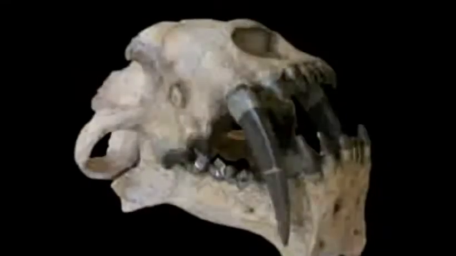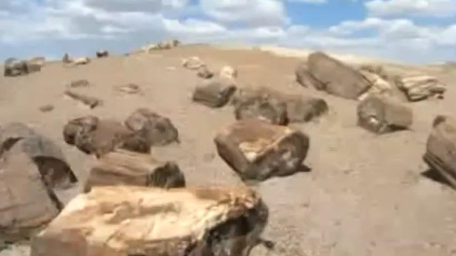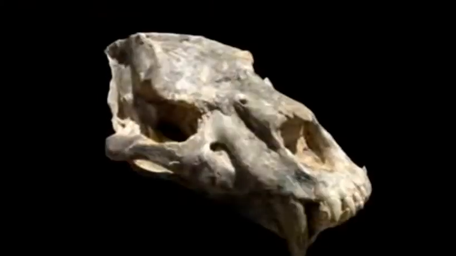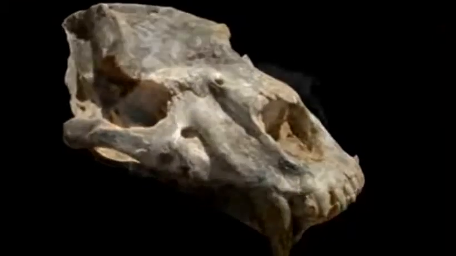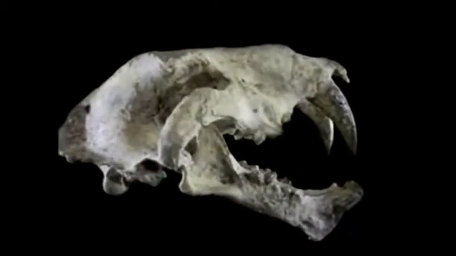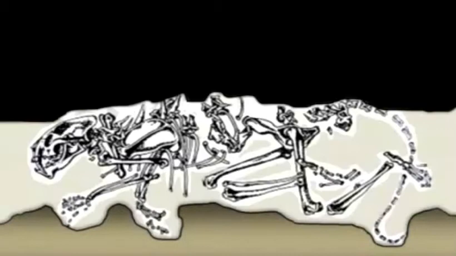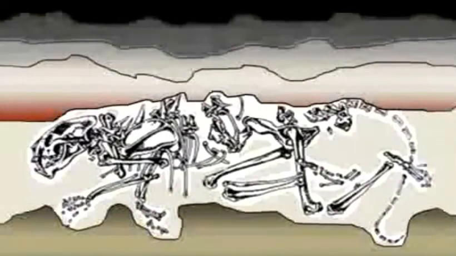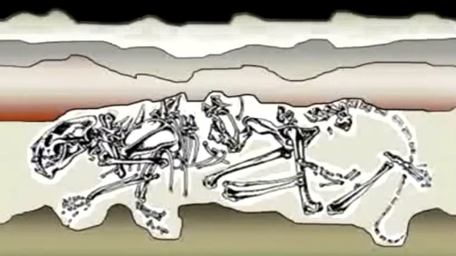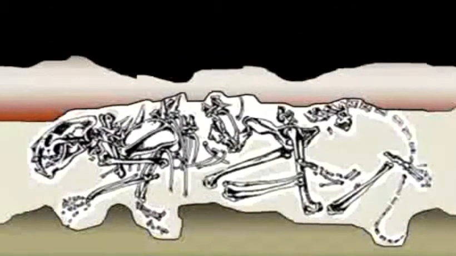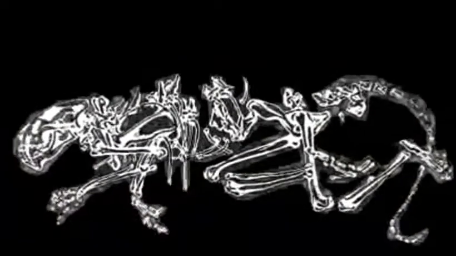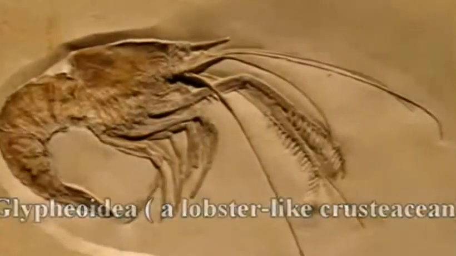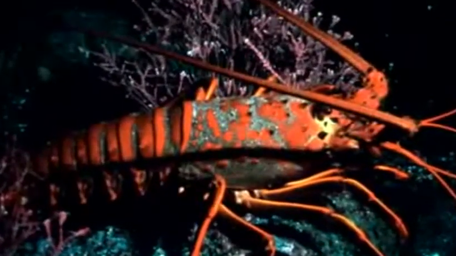Objects the size of buses kept crashing into Earth, changing the landscape. The moon was ever moving closer to Earth, affecting the oceans. The volcanoes and the Earth's crust were being pushed and pulled, creating mountains that rose out of the sea. Over millions of years, the land grew larger, and creatures grew more complex, so that one day, a life form crawled towards the sun and out of the water.